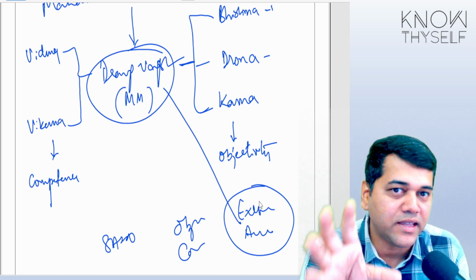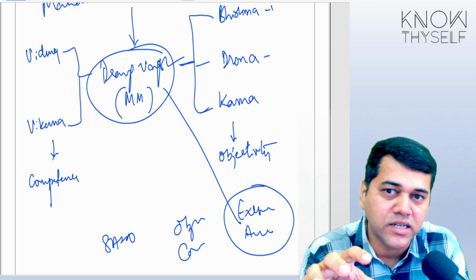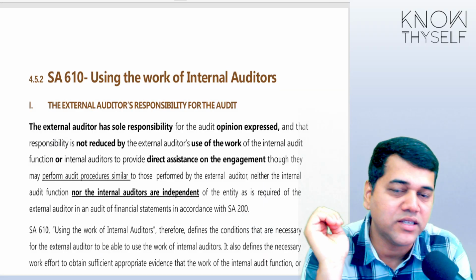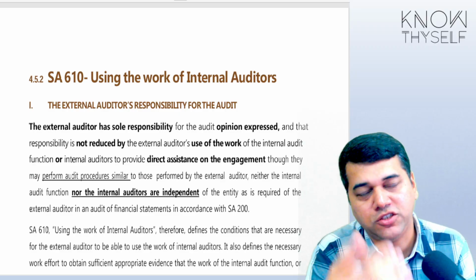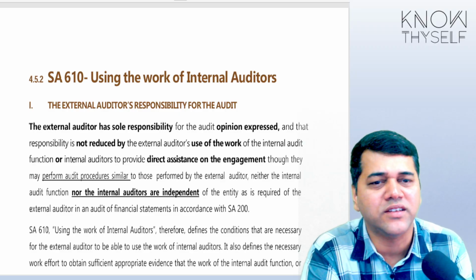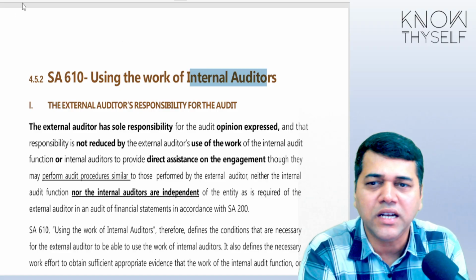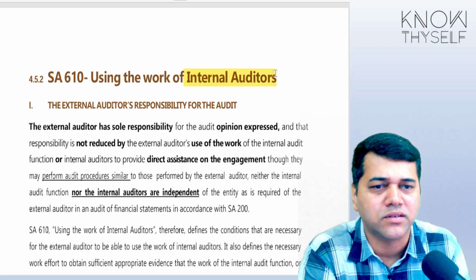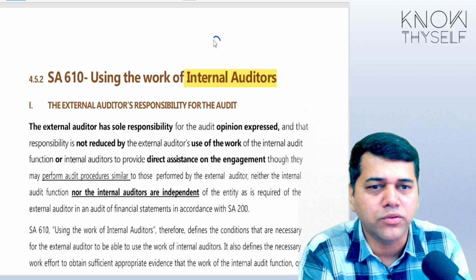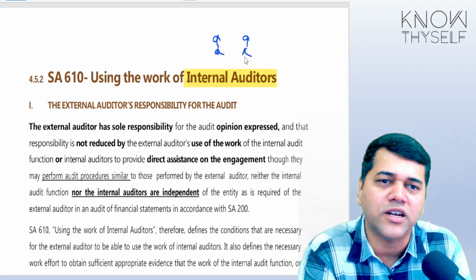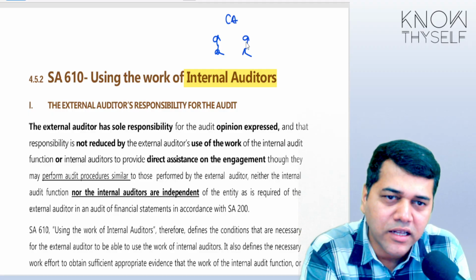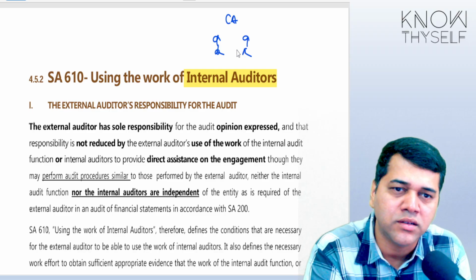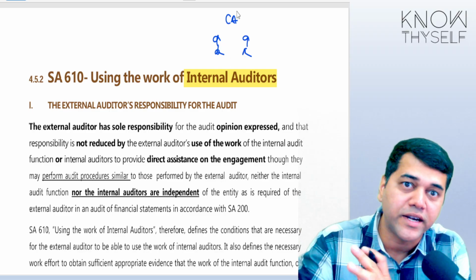Okay, keeping this example in mind, let us understand how SA 600 has been organized. Let us see certain factors to evaluate. Like, see, who is an internal auditor in SA 600? Baba, internal auditors are like our family members. Like, there are two, this is external auditor, this is internal auditor. They both belong to the same religion called chartered accountants. They did the articleship together, they wrote the same examination.